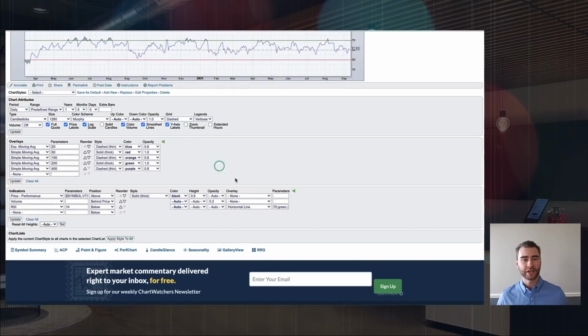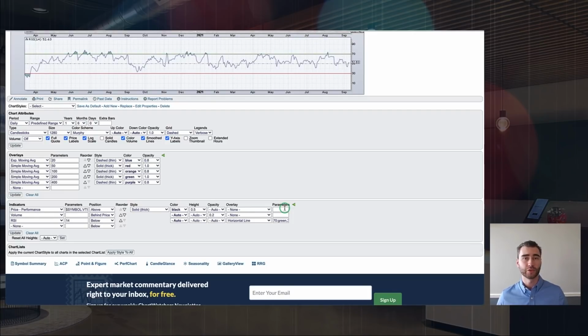So to do that, I've actually used the advanced options area in the indicator section. So you can see here, I've got the RSI indicator. I've got the overlay set to horizontal line. And in the parameters box, what I've typed in is 70:green. So that's going to tell the workbench to put a horizontal line at 70 and to color it green. Then I've done a comma, as you can see in here, and we've done 30:red. So 70:green, comma, 30:red. That is going to tell the SharpCharts workbench to put two horizontal lines on the RSI,